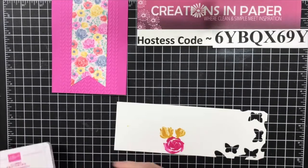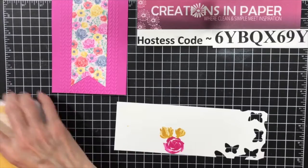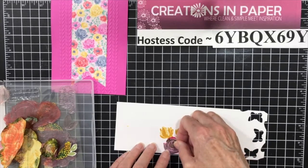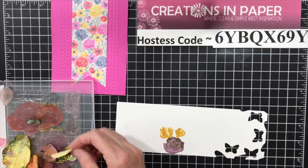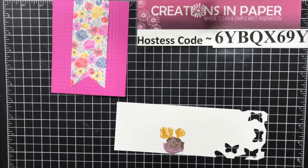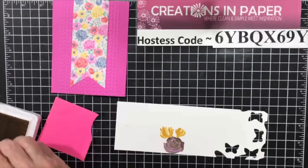And now I want to make sure that when I add my Very Versailles, let me see if I have them. Yeah, I don't want to cover, I want it around those, so I'm going to pull out my masks. There's a mask for that one, and I don't know if I have a mask for that other one. No, I don't. But what I can do is I can create one real quick, because I have paper right here. So let me stamp these and create a mask so that my Very Versailles,